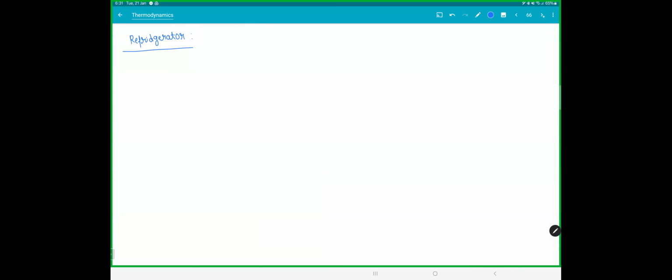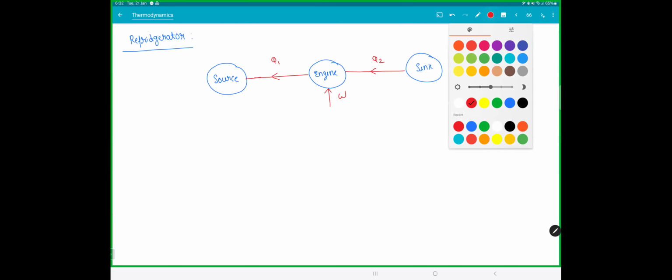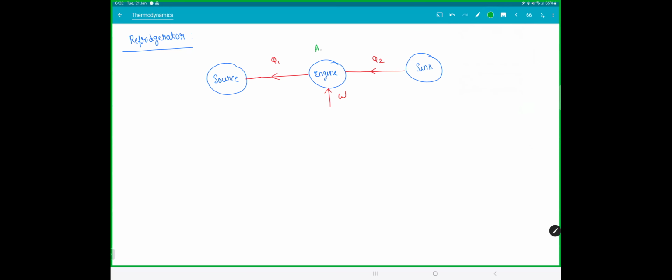So we do it in the reverse of this. So we have a source, we have an engine, we have the sink. So in a refrigerator, what you do, and let's say this is also a Carnot engine, you take heat from the sink. To do this, you need to provide work. So think of an AC, air conditioning. So if you treat this like your AC,